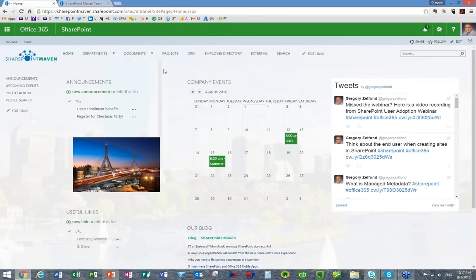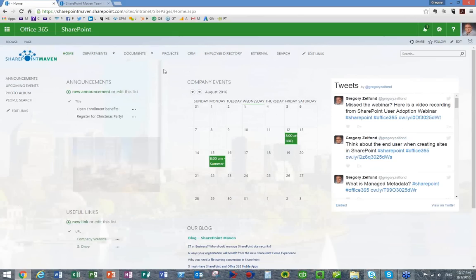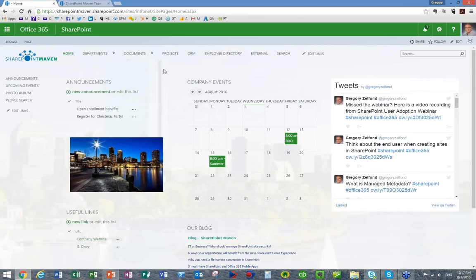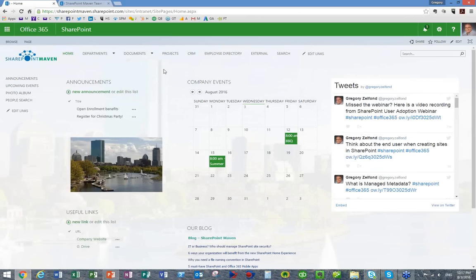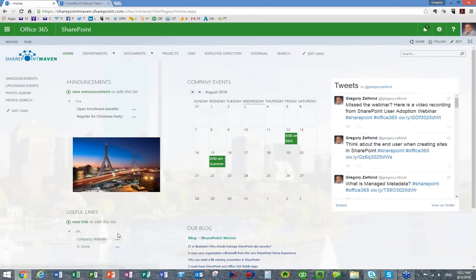But bear in mind, this is the site that your employees will probably bookmark because that's your intranet homepage. This is the site they will probably visit most of the time. So this is a great site to put that company culture information. And in my case, and it doesn't have to look exactly like mine, I have some company announcements, I have a slideshow, I have useful links for people to click on, I have a calendar of events,